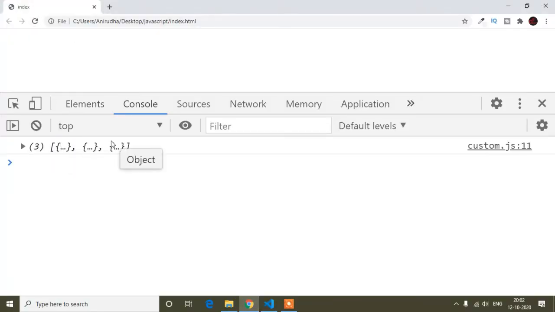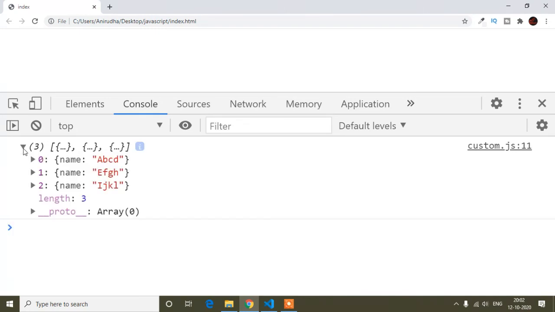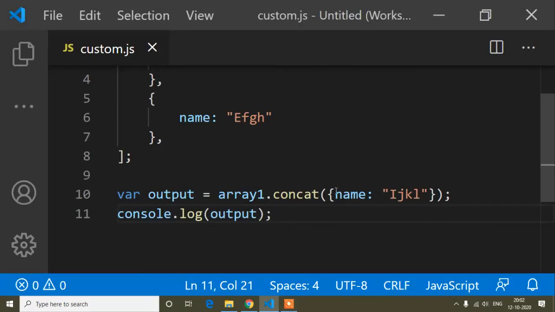So now here is the array, and you can see it concats an object IJKL, which I concatenated here. So how to concat an object? Just write curly braces, object property and object value. So this way you can concat.